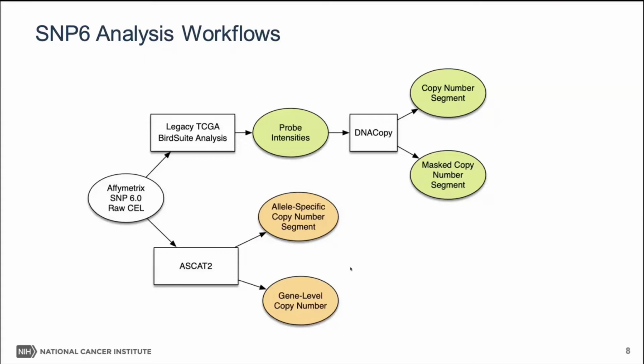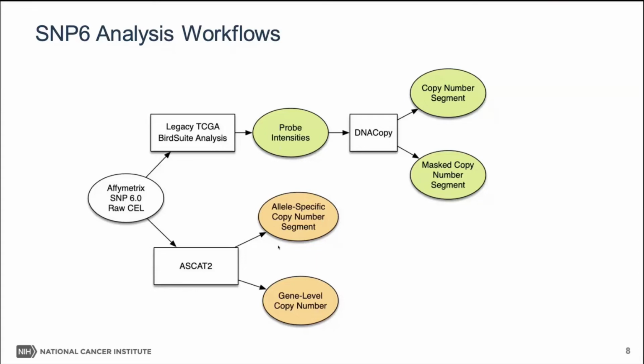This is a traditional array type used by TCGA. And in the GDC, two types of analysis are available. On top are what we call the old workflows. They're shown in green. And the bottom is the new workflow, the ASCAT2 workflow,